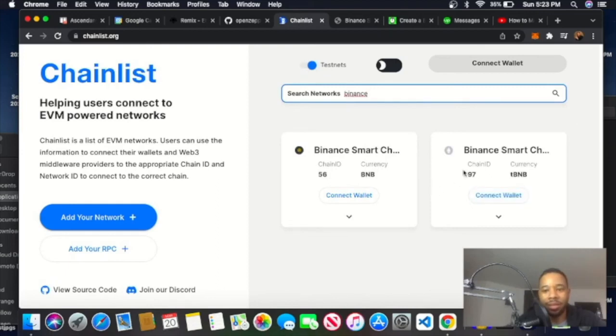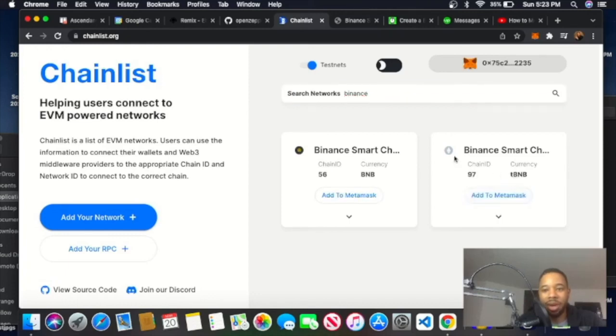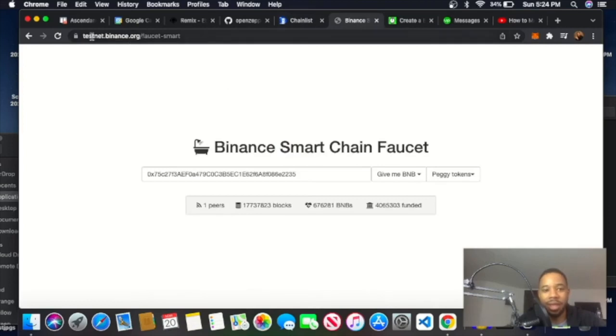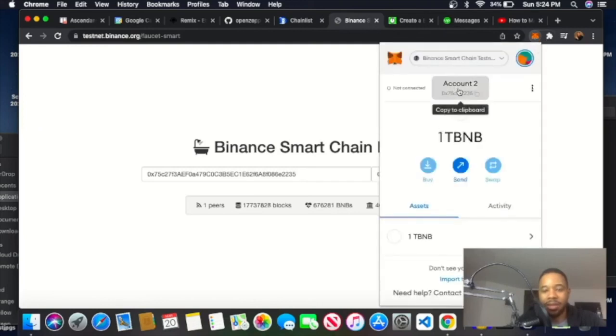Connect your wallet. You see tBNB. I've already done it, but when you just go Add to MetaMask, it's pretty easy. It pops up. You select allow the test network, and then you should see it in your MetaMask. What you're going to want to do then is go to this site, testnet.binance.org/faucet-smart. Okay, you're going to go to your MetaMask,